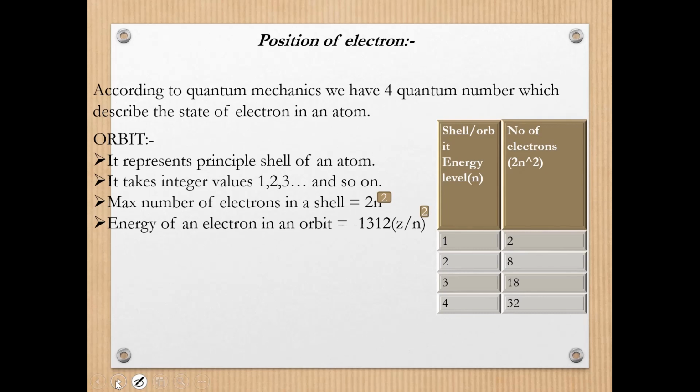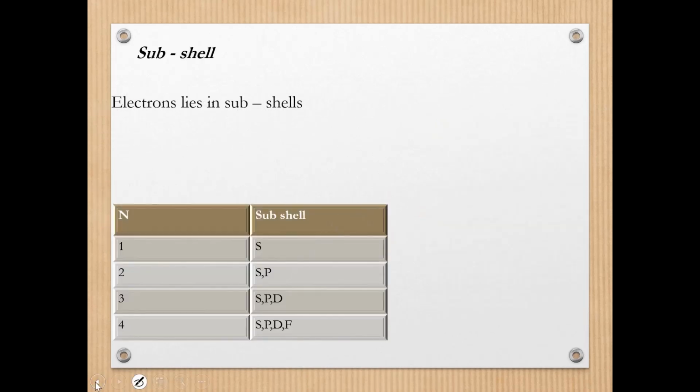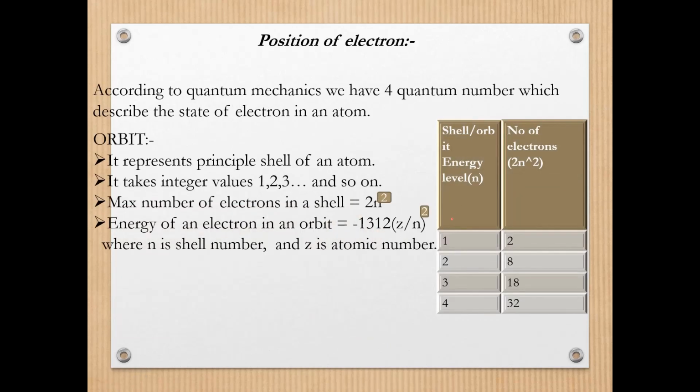We have many formulas for the energy of an electron in an orbit, where n is the shell number and Z is the atomic number. Here you can observe that for n equal to 1 we have 2 electrons, and for n equal to 2 we have 8 electrons. Now,